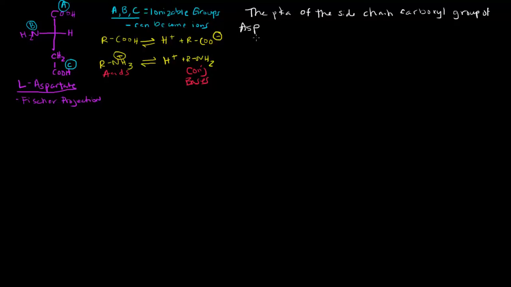You'll learn all those abbreviations in a later video. The pKa of the side chain carboxyl group of ASP, or aspartate, is approximately 4.0. At a pH of 5,